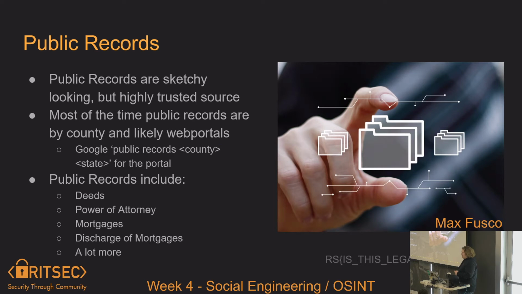So just to find it, you just Google public records, and then your county and your state, or wherever they live. We saw that Enzo lived in Webster, and we can search what county Webster, New York is in. Oh, it's in Monroe County. Public records, Monroe, New York. And you get a portal up, and you can search by name, by email, I think, phone number even, address, and you get anything connected to it.